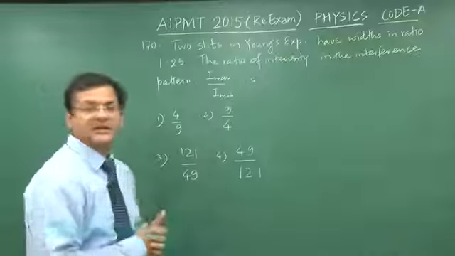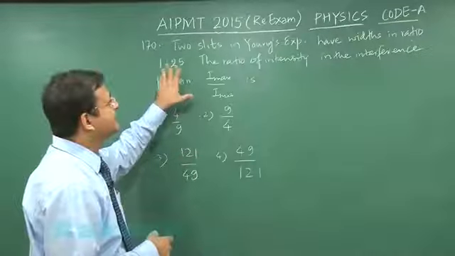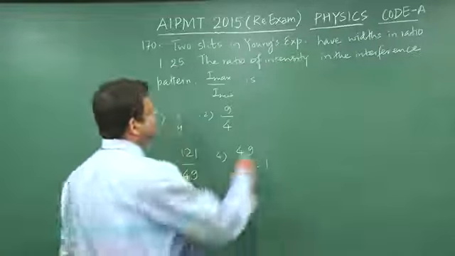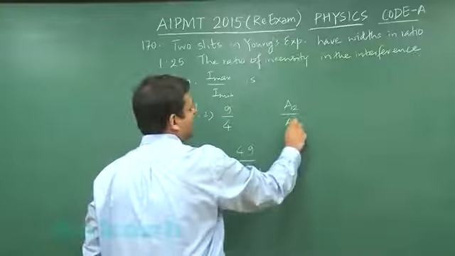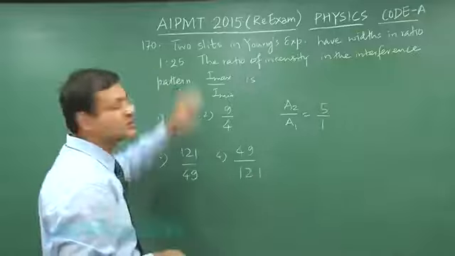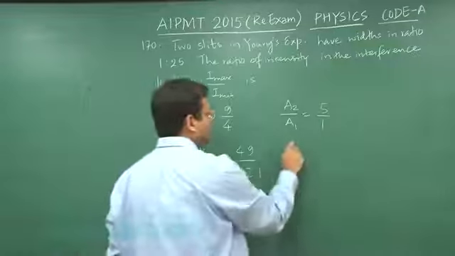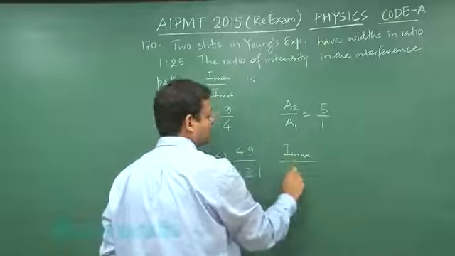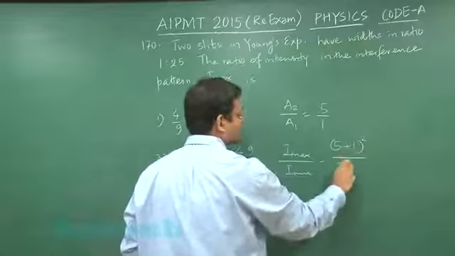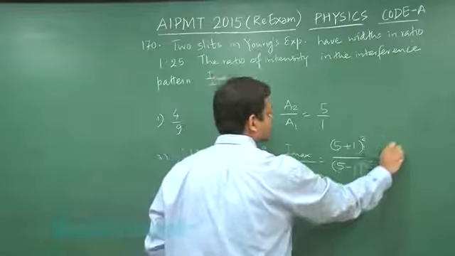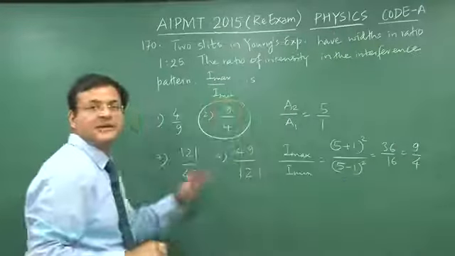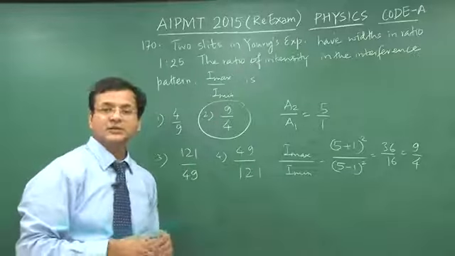Now this is a question of Young's double slit experiment in which the slit width ratio has been given, and this is basically the ratio of the square of amplitude. So here A2 by A1 has been given as 5 upon 1, because it is 1:25, and they want I max upon I minimum. So this is 5 plus 1 whole square upon 5 minus 1 whole square. This is 36 by 16. In total, you can say 9 by 4. So the correct option will be the second option, 9:4. That is the answer to question 170.